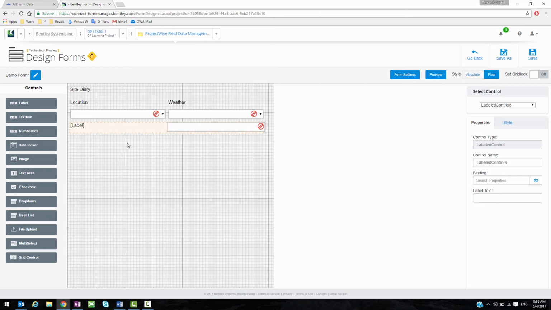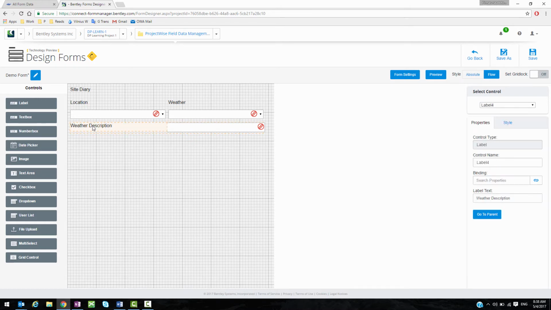So what we can do here, we can firstly put the label for the control here. So I'm selecting label, and we just put the name for the label, and we're gonna say weather description. All right, and what I see here is that it's really taking only 25% of the line, and I'm gonna change that back to 100%,